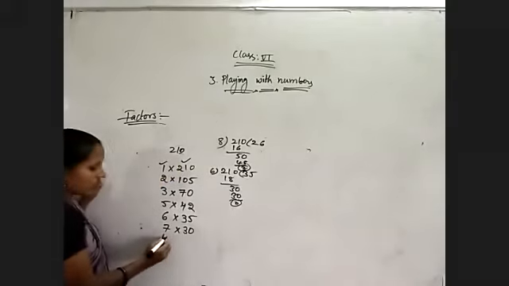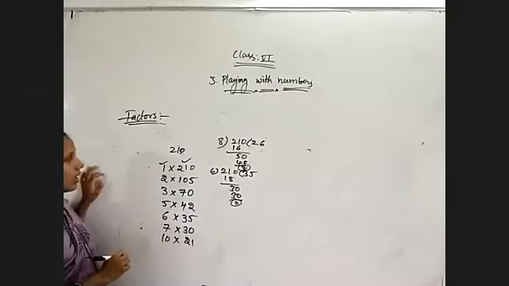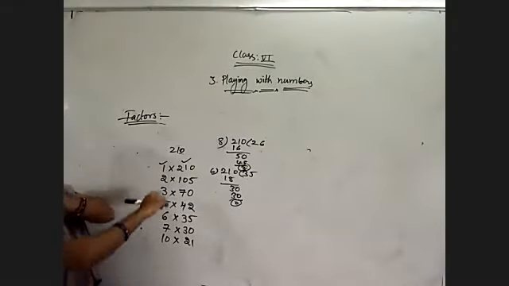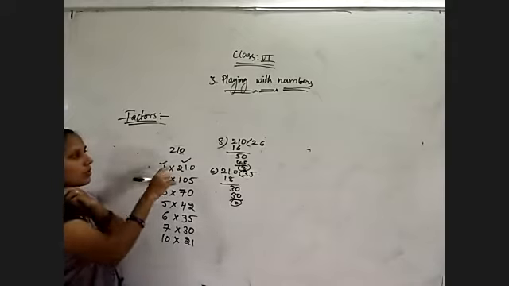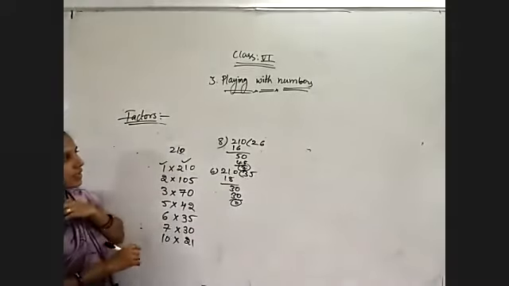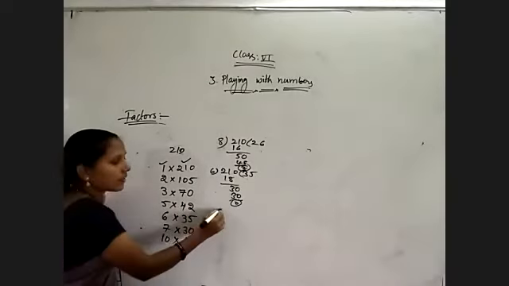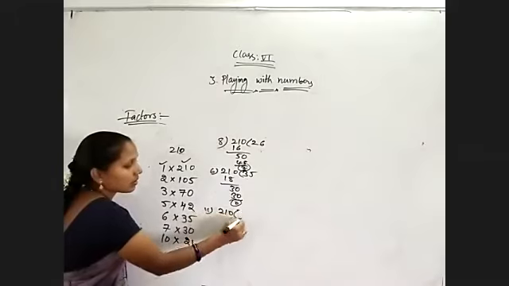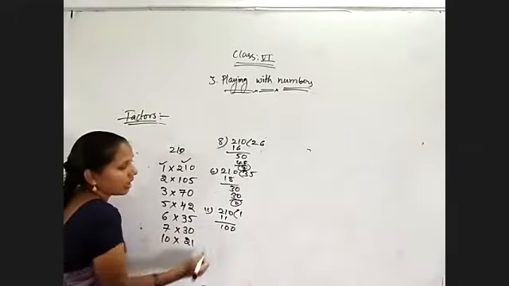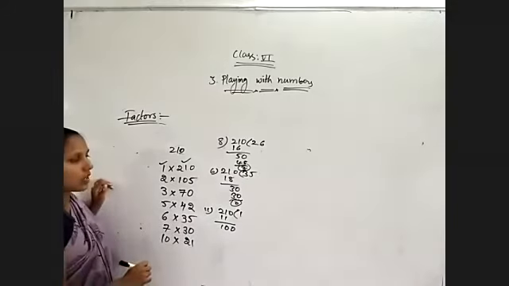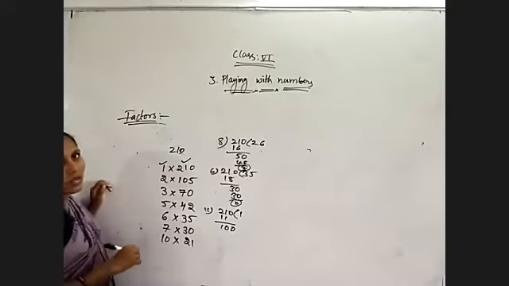10. It is divisible by 10. 10 into 21. Okay. 11. 11 ones are 11. 11 twos are 22 we will get. So, is that divisible by 11? No. Check with normal division. 11 ones are 11. 0, 1. 100 we got. So, it is not divisible by 11. And coming to 12. 12 also it is not cancelled.